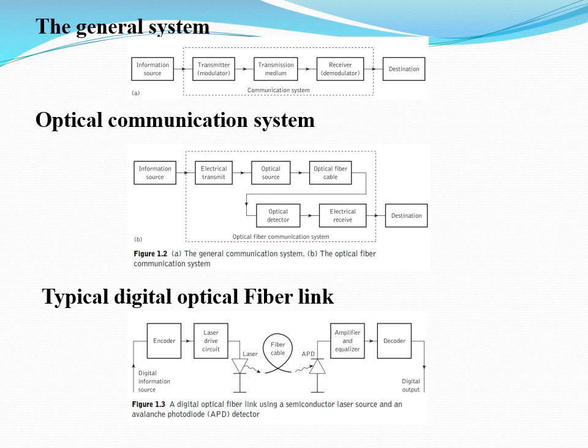The information source produces some information and gives it to the optical fiber communication system, in which we consider the transmission medium to be an optical fiber. The information cannot be directly transmitted or propagated into the optical fiber, because the optical fiber accepts information only in the form of light. So we are going to convert the input electrical quantity into an optical signal.